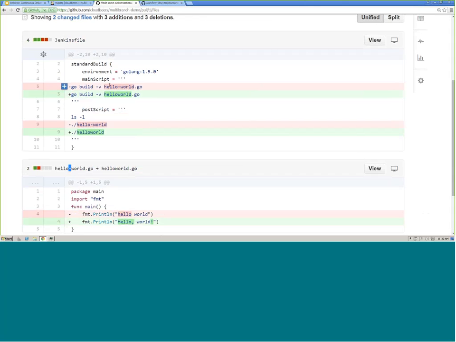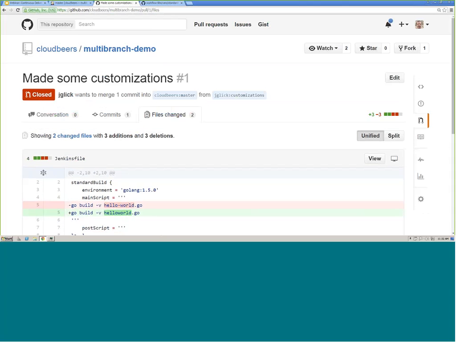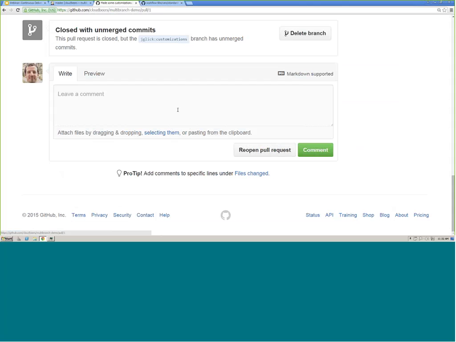And in the same commit, I'm also changing my Jenkins file. So I'm changing the definition of how Jenkins should build it a little bit to correspond with that source control change. If I reopen the pull request, this is basically the same as filing a new pull request as far as Jenkins is concerned. Or if you push new commits to an existing pull request, that also works. So if I say reopen pull request,